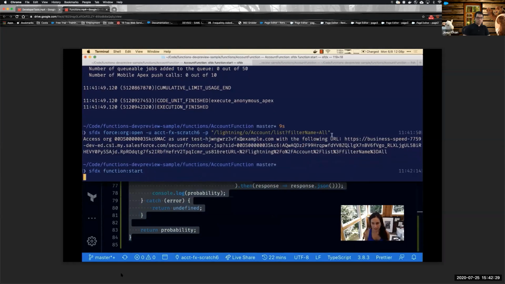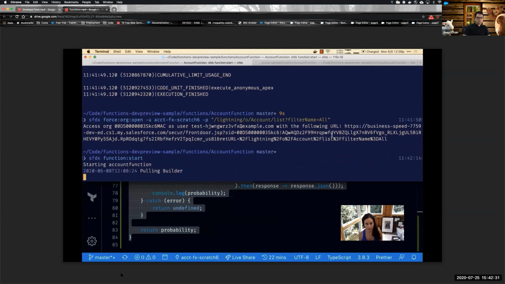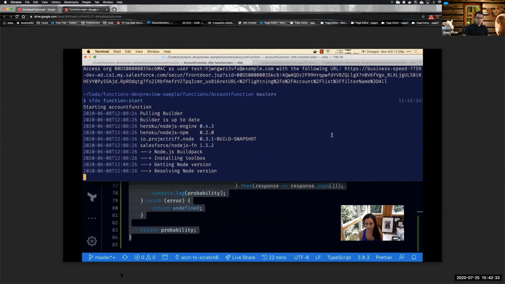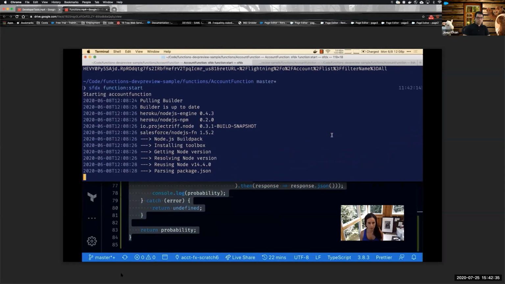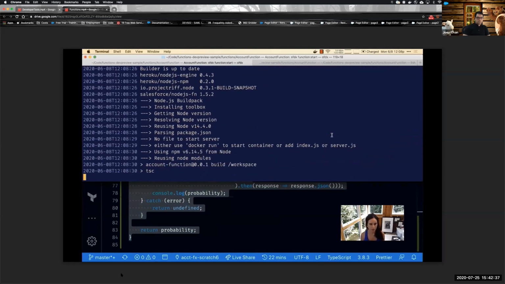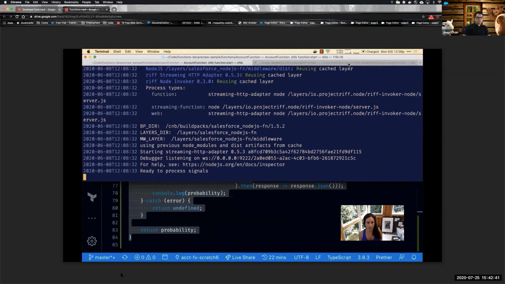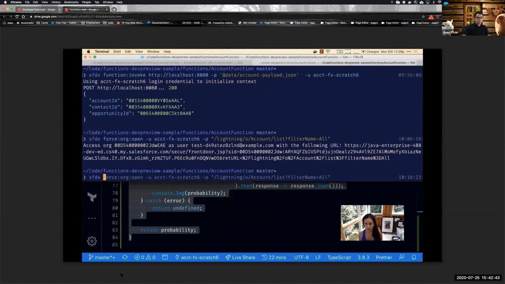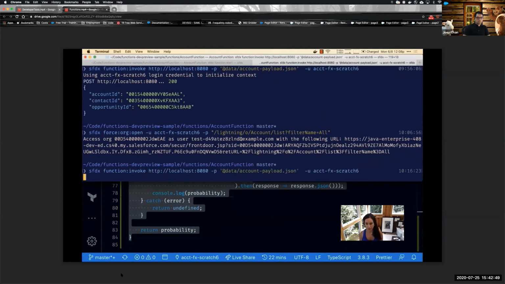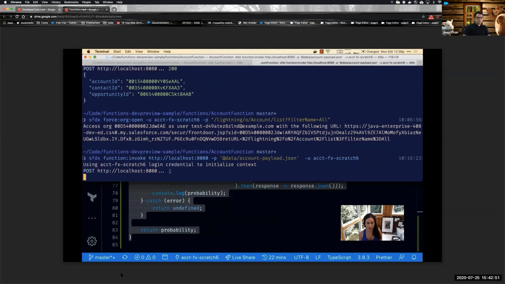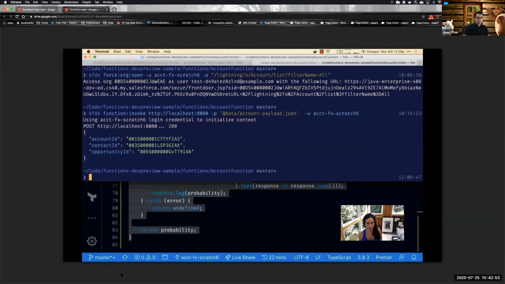And once this is done, in a couple of seconds, all right, and now ready to process signal, like we're gonna invoke it from the other tab. Once this is ready to go, we're going to check. Let's wait until this is done. Okay, great, it's done. So now let's look at those opportunities again that we've created